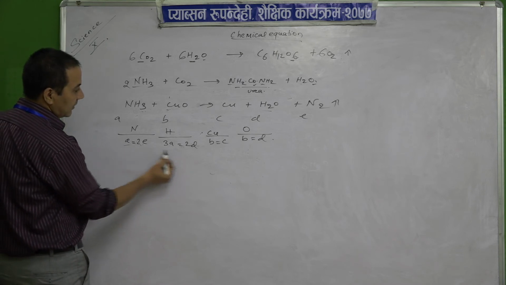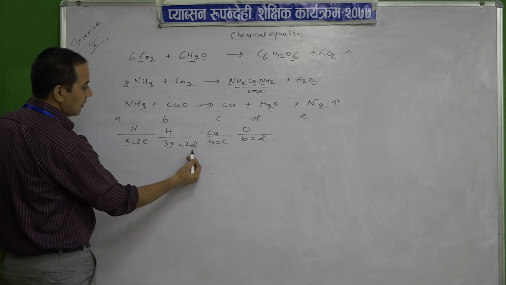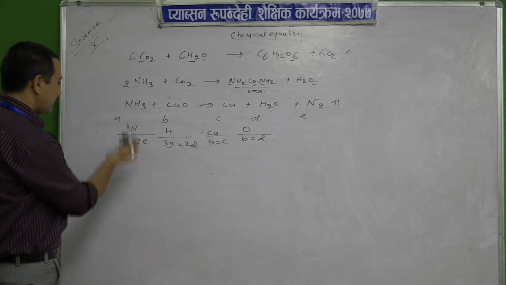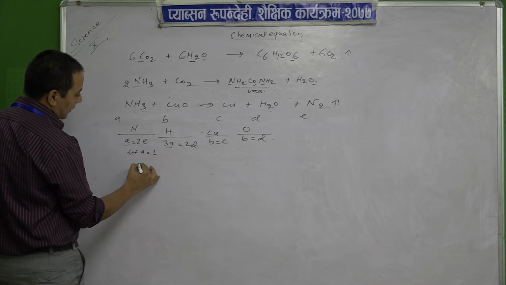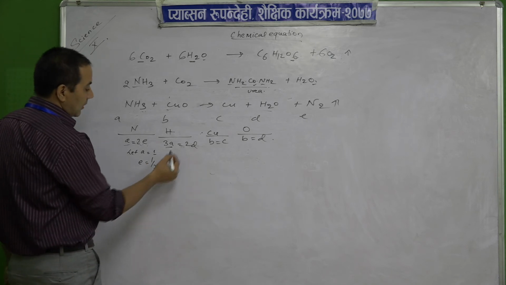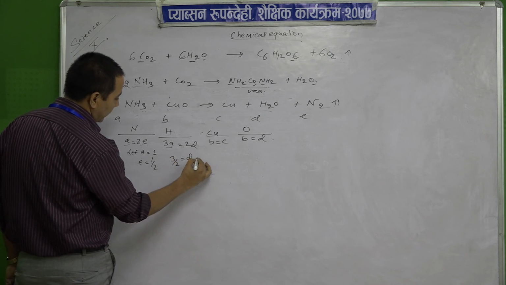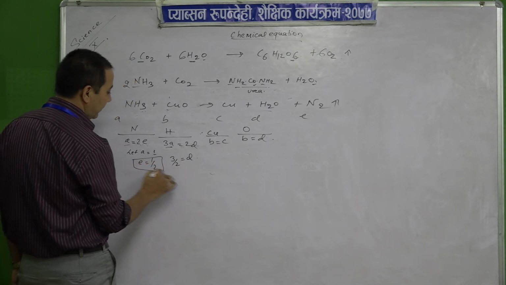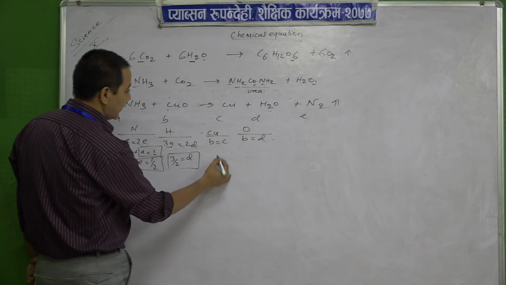So which one? A is there, A is there, another repeated one is no. Then E is here, E is not there. D is 1 here. So mostly repeated is 2 times. So let's take A as 1. So let A equals to 1, then E equals to 1 by 2. Then A equals to 1 means 3 upon 2 equals to D. I am making a shortcut. So we have the value of E, the value of D, the value of A, now we need the value of C.